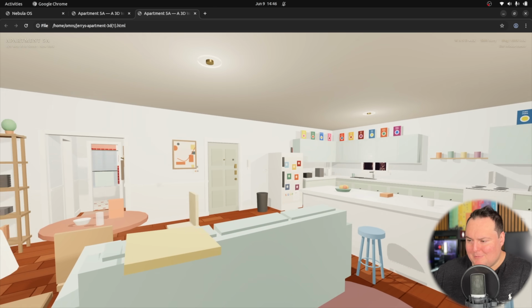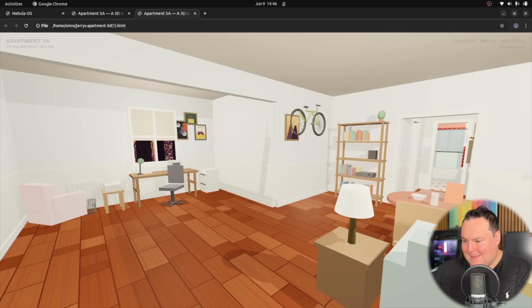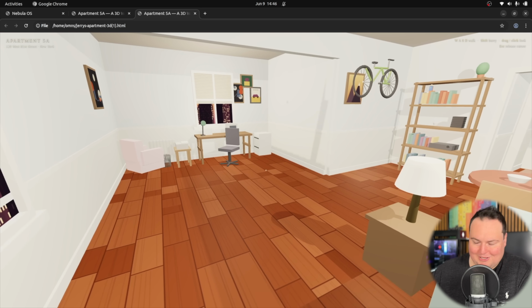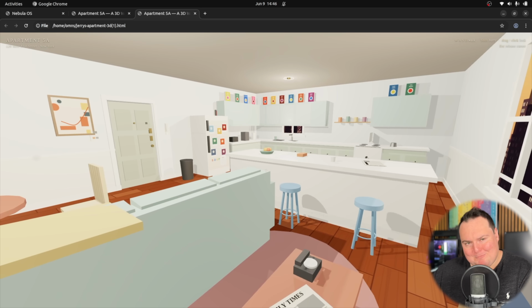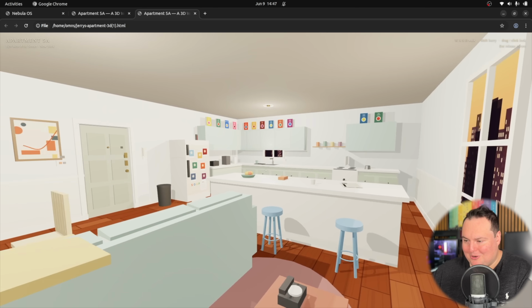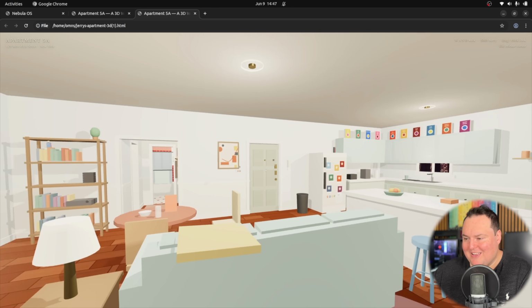The WASD movement not working is a little upsetting, but in lieu of just wasting tokens on trying to get it to fix that, I'm gonna probably prioritize just running more tests. We do have a fruit basket on the table and things of the sort.